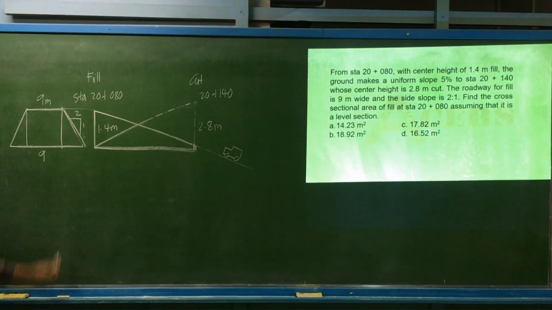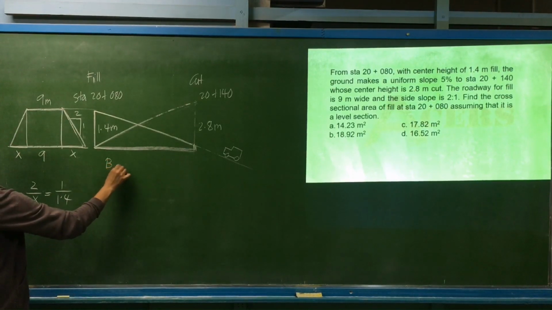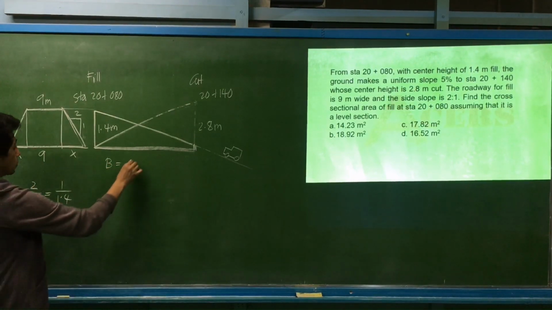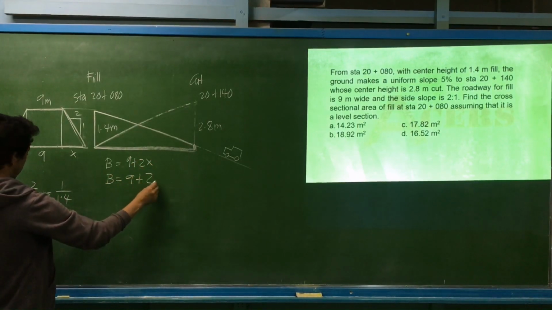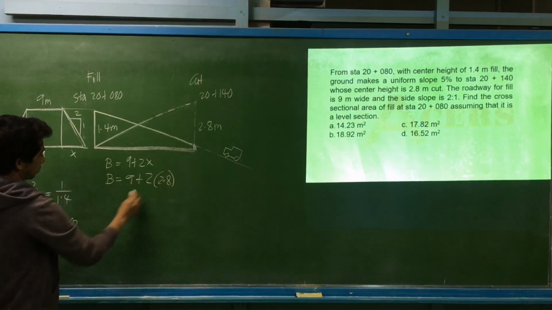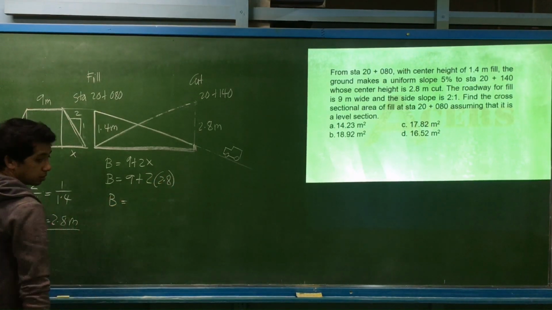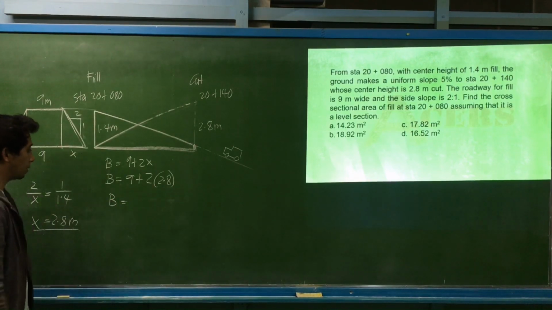So this is the same as 9 meters. Kunin lang natin yung dimension nito, then we can have the area. Let's say this is x. So that is 2x is equal to 1.4, 2 to 1. Therefore, yung x natin is the same as 2.8 meters. Okay? So, yung top base or yung larger base natin for this trapezoid is 9 plus 2x. Larger base natin is 9 plus twice of 2.8. So 9 plus 5.6 is 14.6